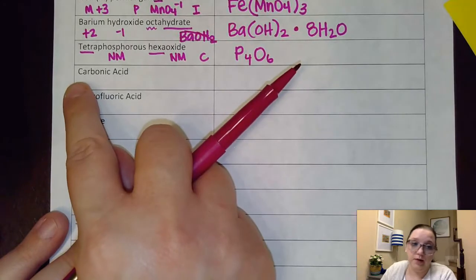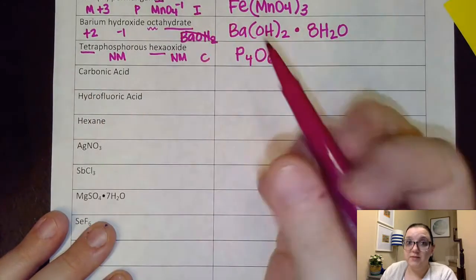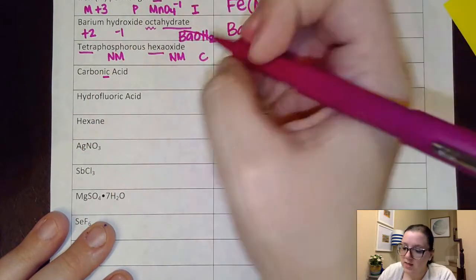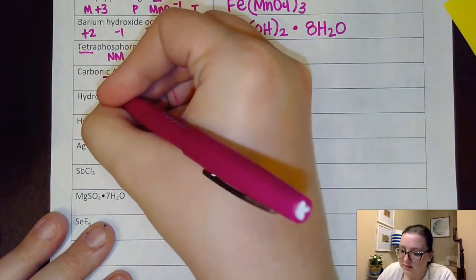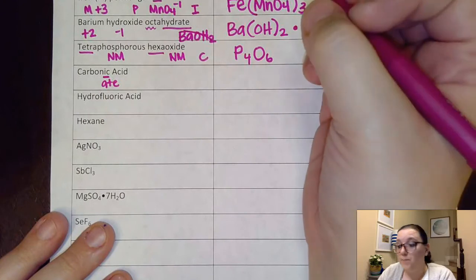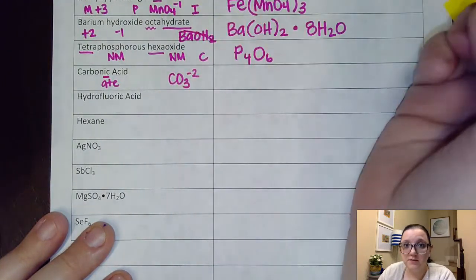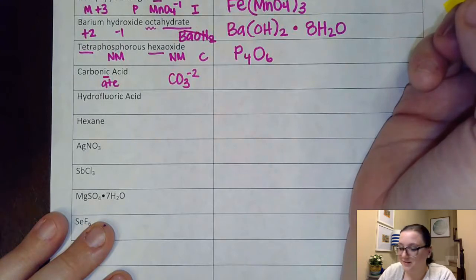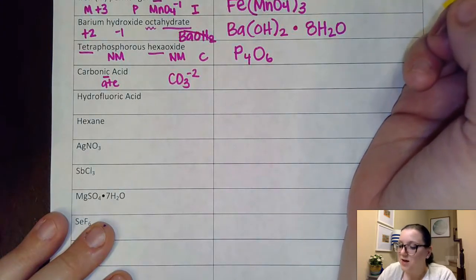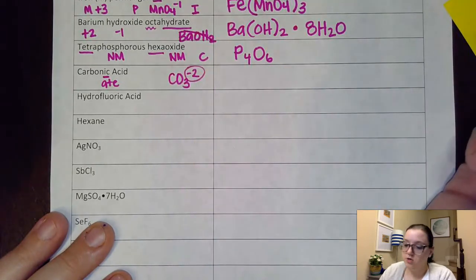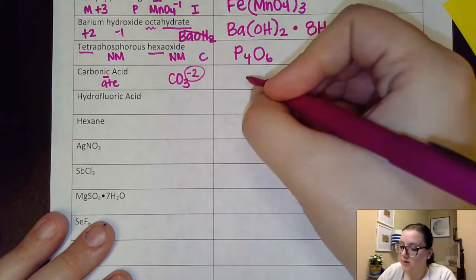And I'm like, oh, well, okay, there's no hydro at the front. So that means I must have a polyatomic ion in here. So I look at the ending and I'm like, ooh, ic ending. That means I had carbonate in here. And I know carbonate is CO3 2-. Have we figured out yet we still need to know our polyatomic ions? Oh yeah, buddy. Gotta know those polyatomic ions, right? So I need to put enough hydrogens with this to cancel out that -2 charge, which means my final formula for carbonic acid will be